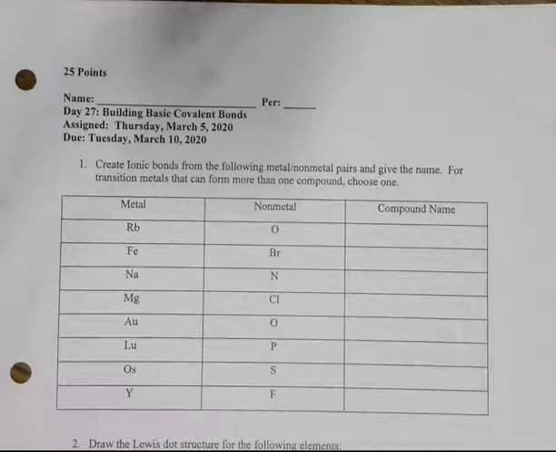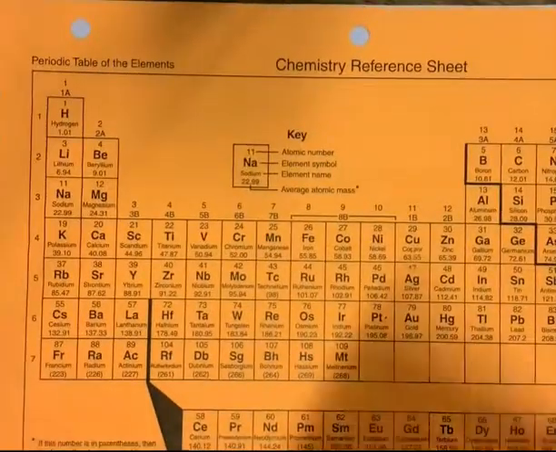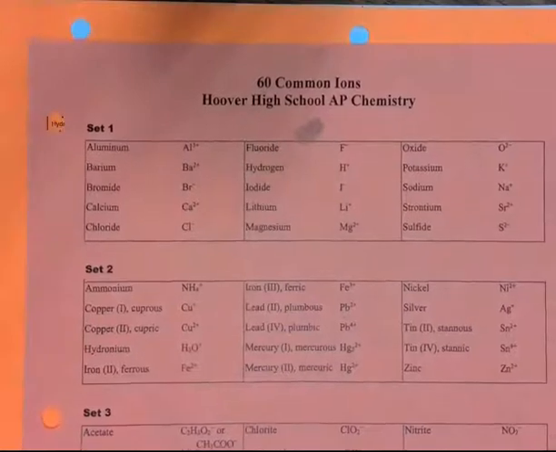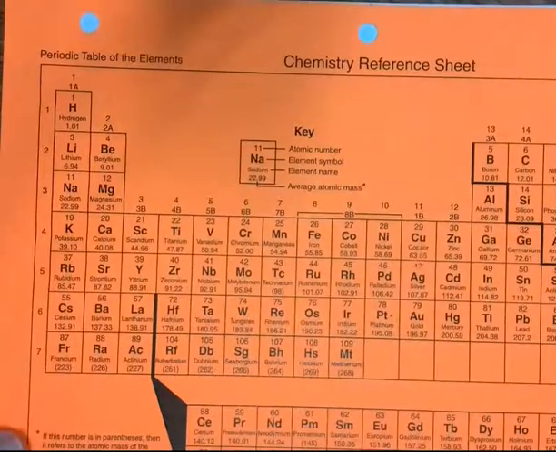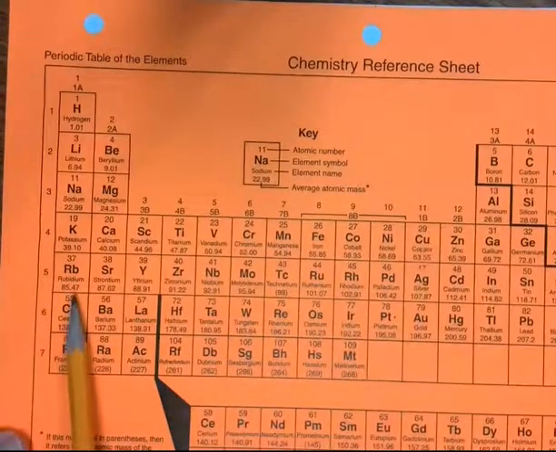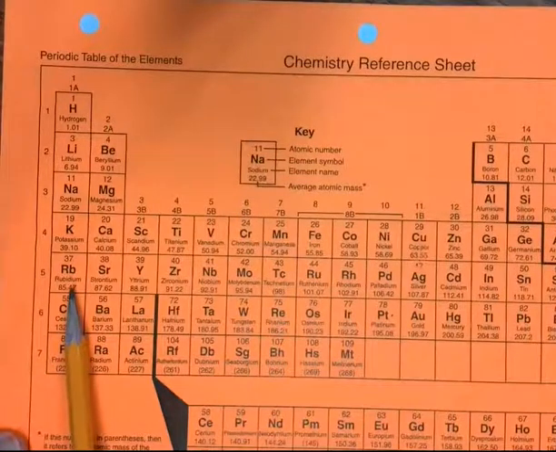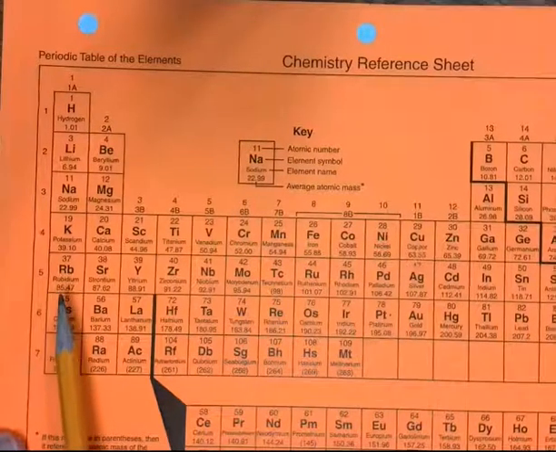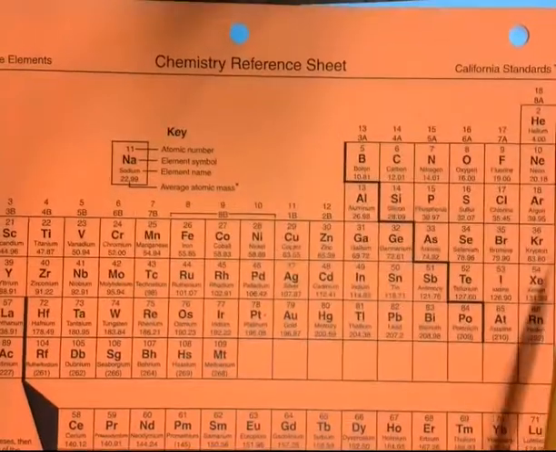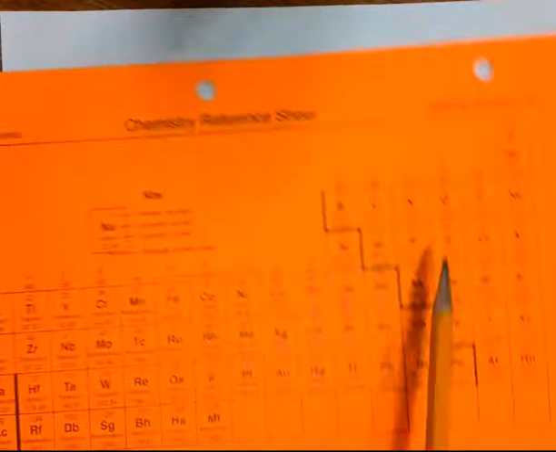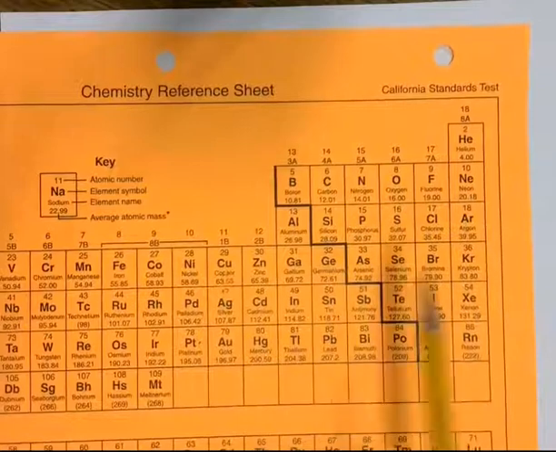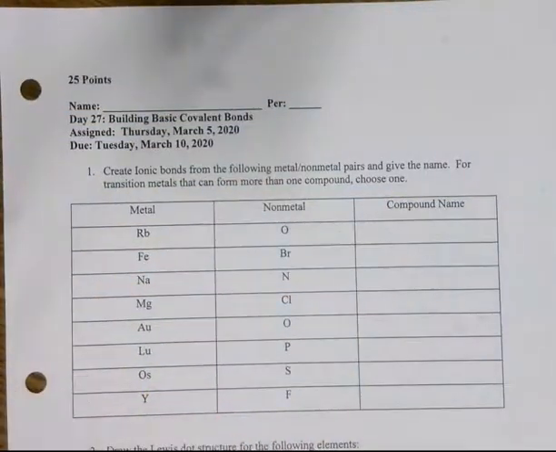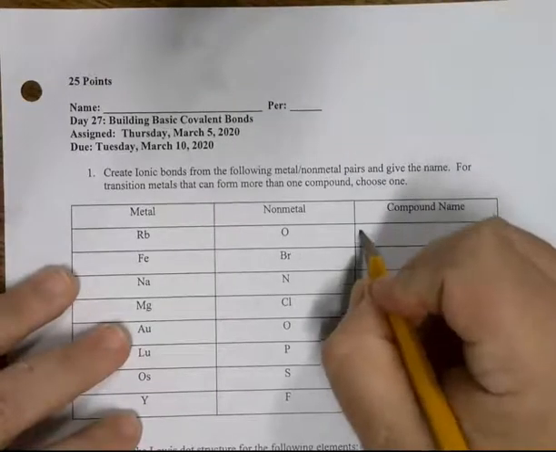So we have rubidium, and rubidium shows up. So you should have your periodic table. You should also have your 60 ion sheet and also your periodic table of charge numbers of ions. Rubidium shows up right here in the first column, so it has a +1 charge number. It wants to lose 1 electron to become like the nearest noble gas, which for it would be krypton. And oxygen has a 2- because it wants to gain 2 electrons, 1, 2, to be like its nearest noble gas, which is neon. So this is going to have a formula of